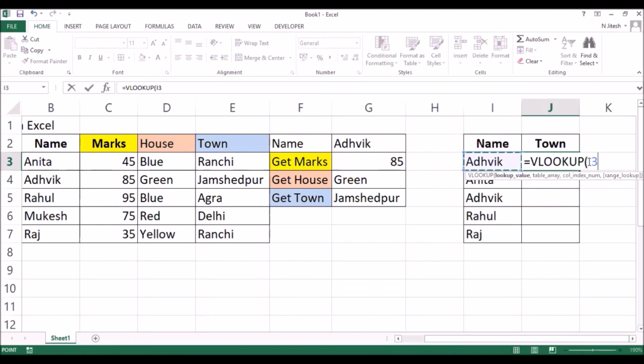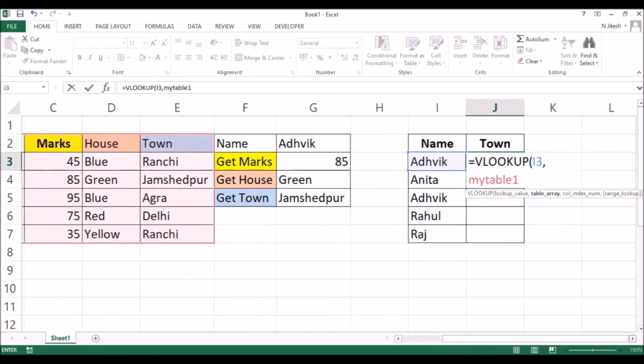Obviously here we are not freezing because the value will change as we drag it. Okay, so we are not going for an absolute reference. Now column index, okay, no sorry, the table array. So the table array, we know we have already given a name, so it's very easy. You don't have to drag it, do absolute referencing kind of thing. You can quickly give a name. Okay, as simple as.